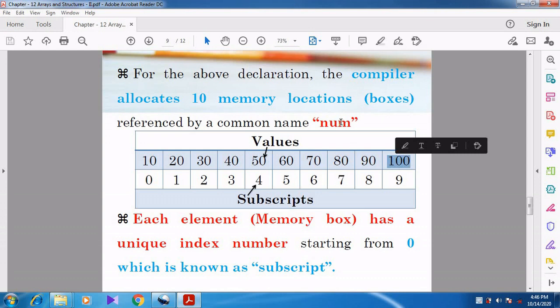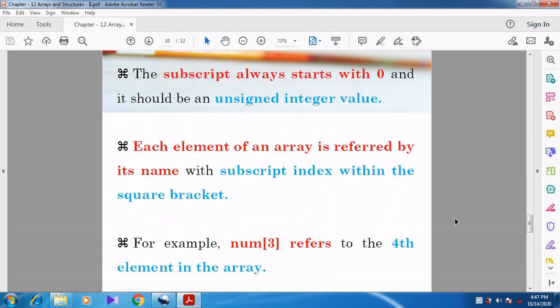Can you understand, students? After the array name, if you specify the index or subscript within the square brackets, it will access the particular value. Num of 1 will access 20. Num of 5 accesses 60. Num of 3 accesses 40.